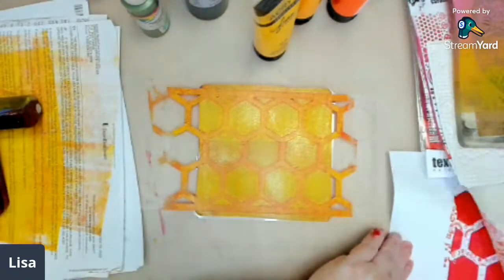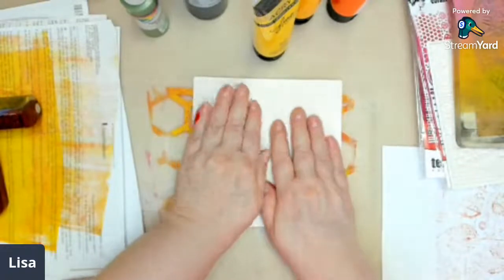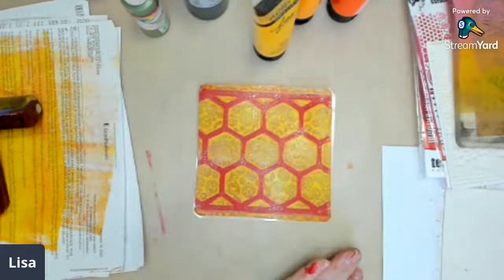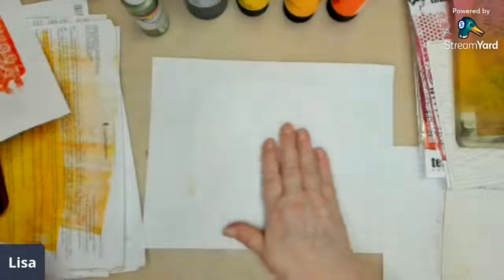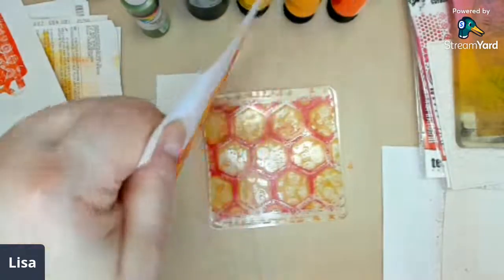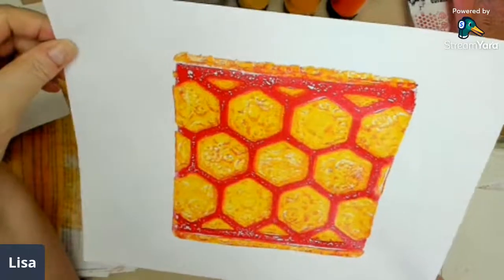Okay. I'm going to use this. Make our print. Cool. Take our stencil off and pull print. Okay, there's the one we got with the stencil left on after we stamped it. Oh, I love it. It's so cool. Looks almost like a beehive to me. That is so cool. Now let's do a secondary